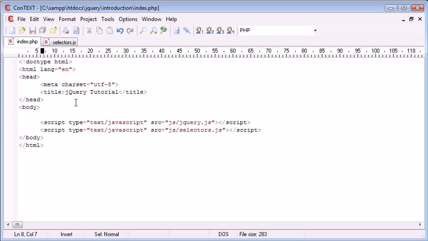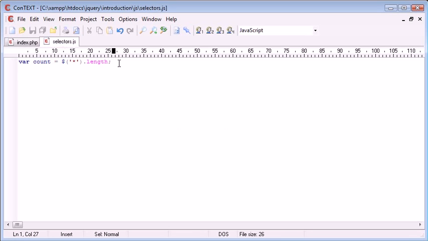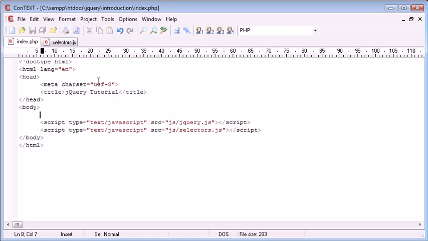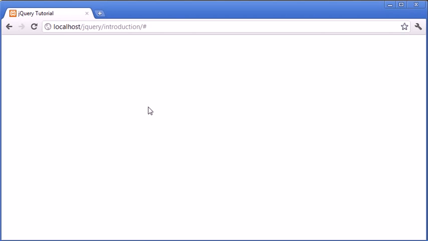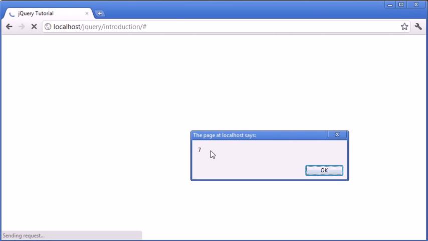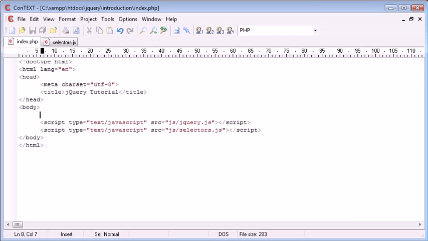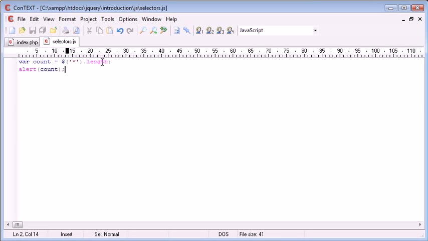So as you can see, we've got a few elements on the page here. So when we alert this out to the user, let's have a look, we should have 7 elements on the page. We should do anyway. Let's refresh the page. So you see we get the count 7. So that has selected every single element on this page and returned the length that this selector has returned,